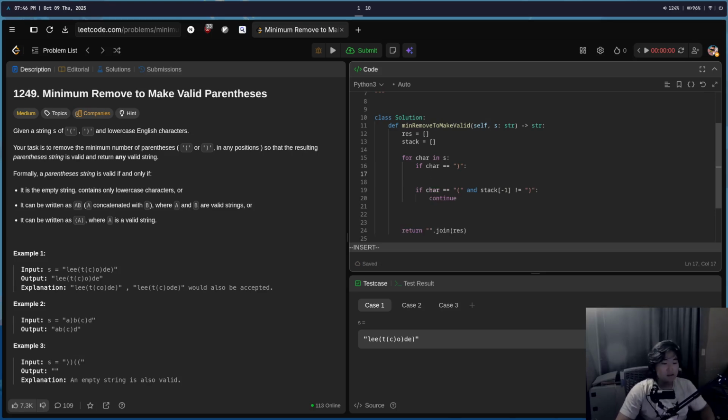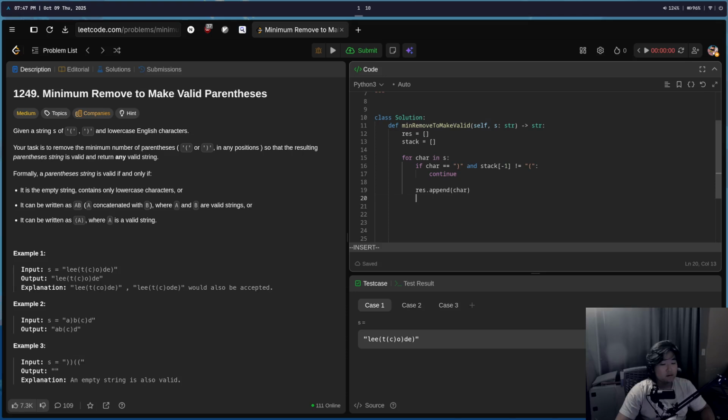Then stack, oh, we don't have it. Okay, if it equals this, and stack of does not equal this, then we have an issue. We should continue, right? Otherwise, we can res.append